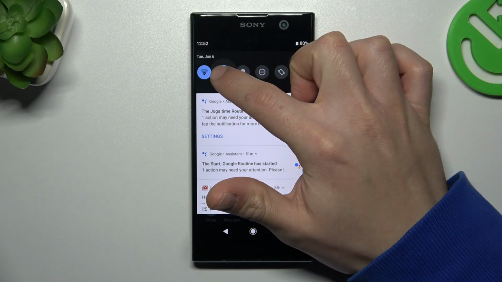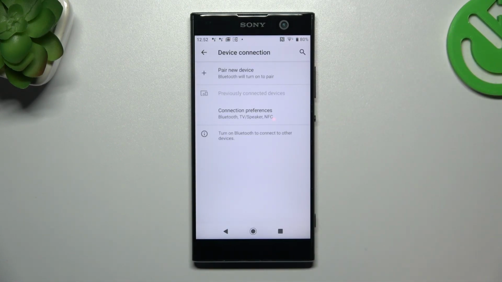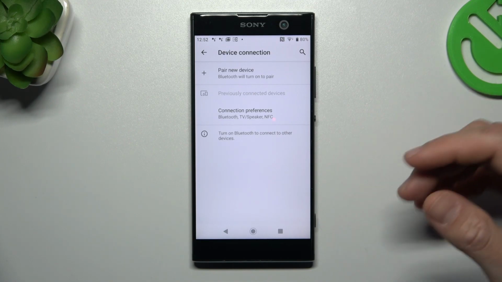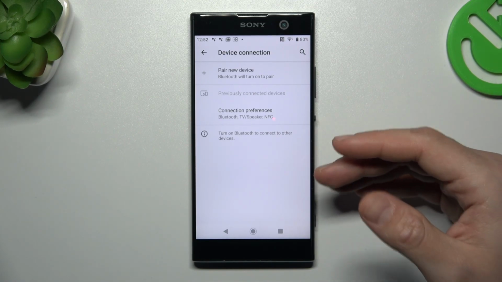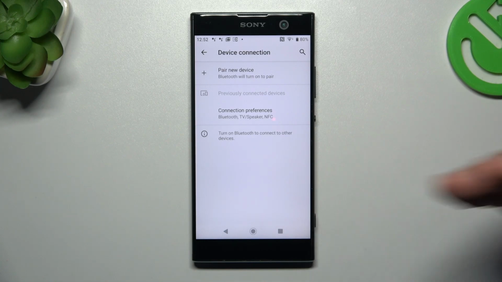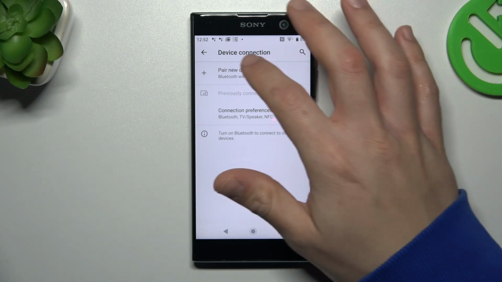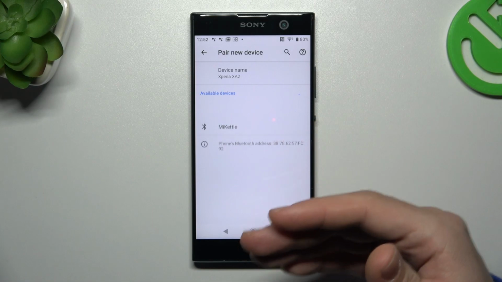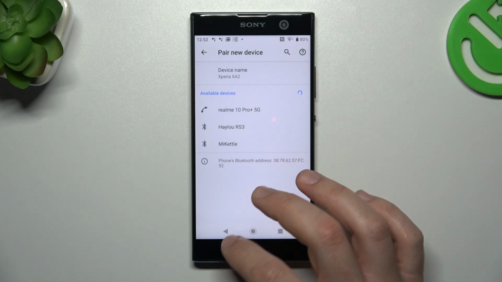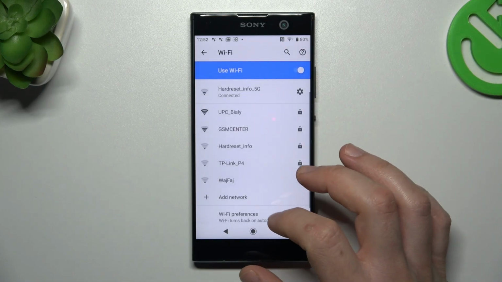Okay, after that, at the start you have to be sure that your Bluetooth accessory has activated pair mode. How to do it, you will find in the manual for your device or maybe on YouTube, so just check it by yourself. If you're sure that your Bluetooth accessory has activated pair mode, and it should be visible to other devices but it's still not on your phone, and you don't see it in the pair device list, just go back to the settings,